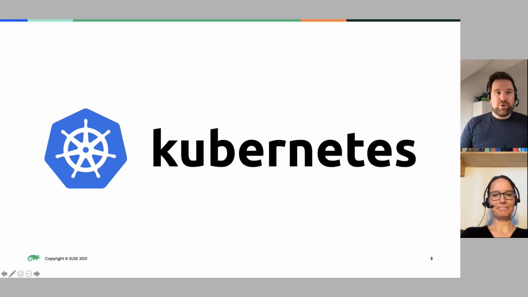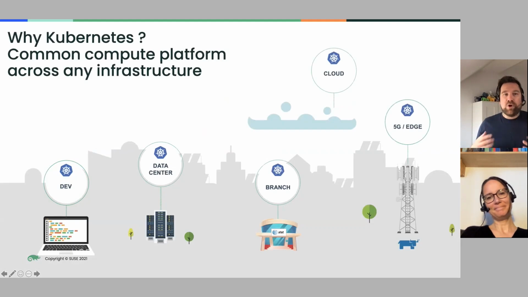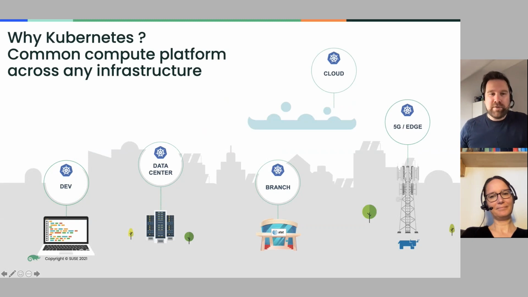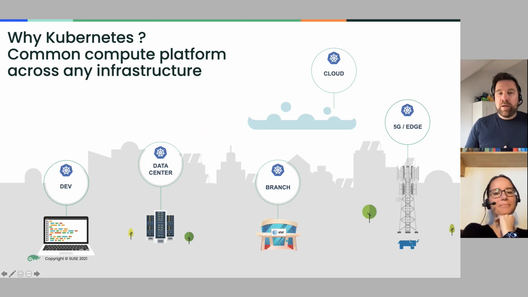The great thing about Kubernetes is that it creates a common compute platform that works the same regardless where you want to run your applications. You can run Kubernetes on your developer laptop, in the data center, of course, on cloud providers as managed services or just on VMs. But you can also run Kubernetes in more non-traditional use cases, IoT and edge